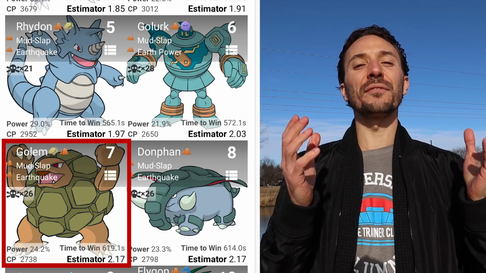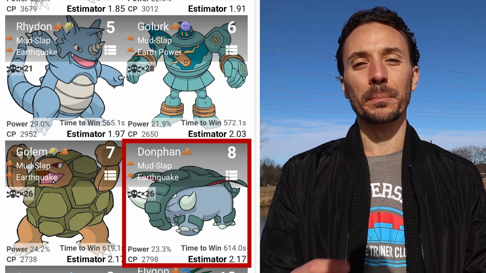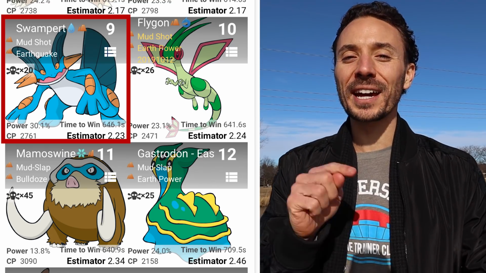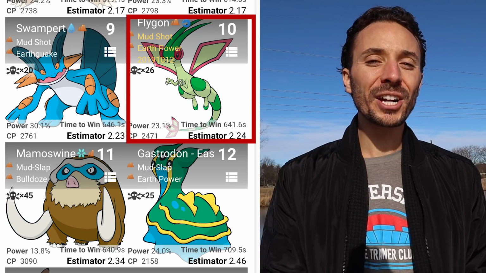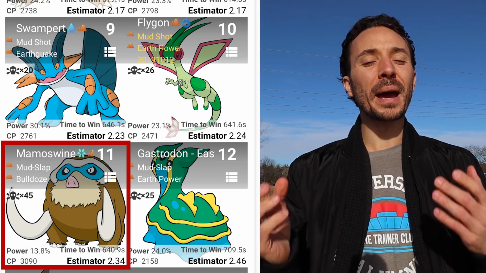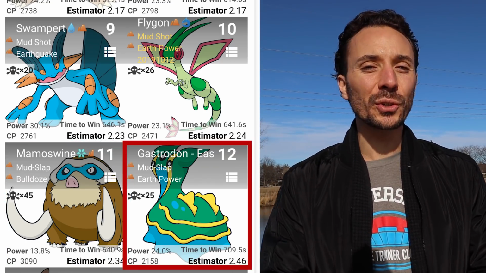Coming in number 7, we have the Golem with the Mud Slap Earthquake, followed closely by the Donphan with the Mud Slap Earthquake. Then next we have Swampert with the Mudshot Earthquake combination. I would not TM away the Hydro Cannon if you do have it. And then next we have the Flygon with the Mudshot Earth Power combination that came from Community Day. And then we have the Mamoswine with the Mud Slap Bulldoze combination, followed by the Gastrodon, which is going to